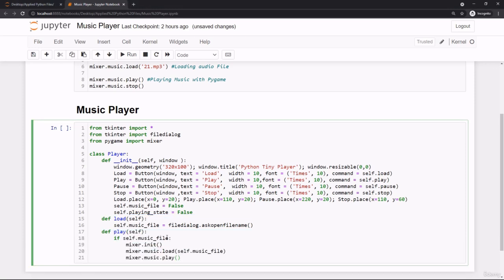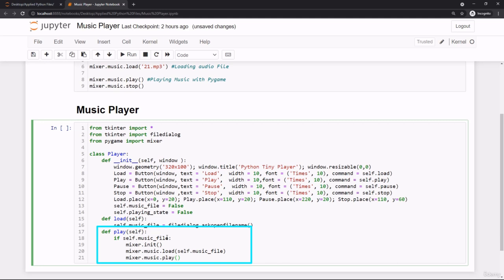You can see here inside the player class we inserted another method. We declared another method using the def keyword for playing an audio file, or for playing our music file, and we inserted a conditional if statement inside the body of that method. If self.music_file, if the test expression for the conditional if statement is true, in that case we initialize